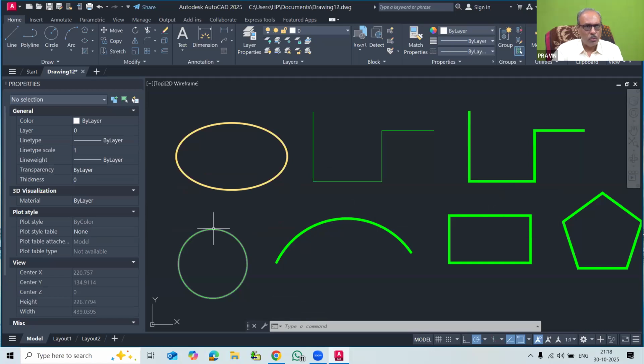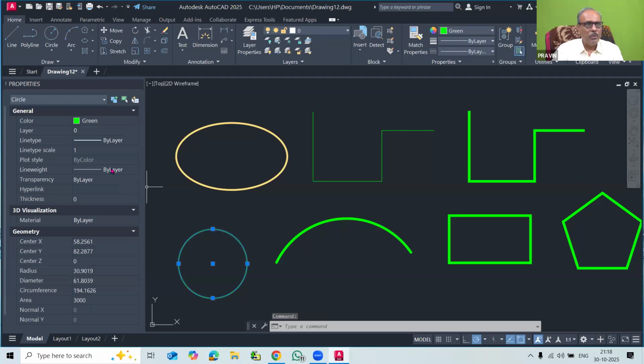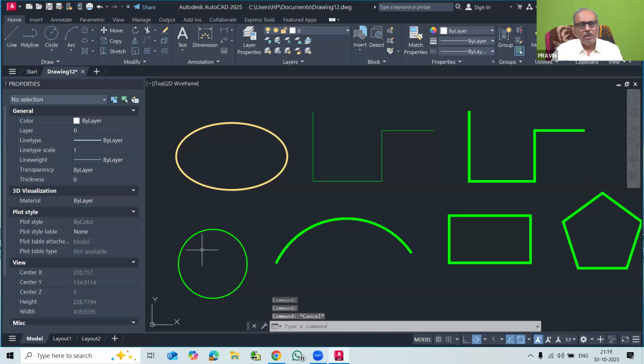So for the circle also you can change the line weight. So you can go here and change the line weight to 0.30. So I have made the 0.30 line weight. So this line weight can be only observed in the printing by using the plotter. जब भी हम लोग प्लॉटर का इस्तेमाल कर सकते हैं, पेन प्लॉटर का, और जब उससे प्रिंट आउट करते हैं तो लाइन वेट उसके अंदर आपको इफेक्ट दिखाई देंगे.